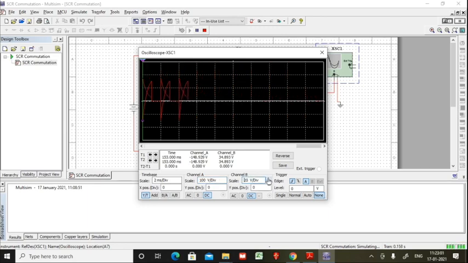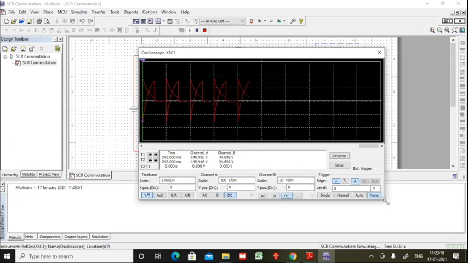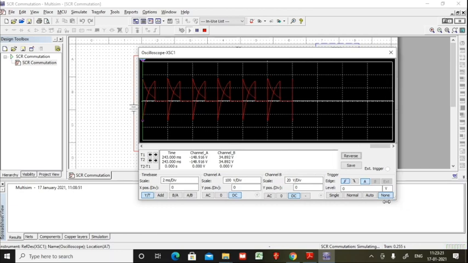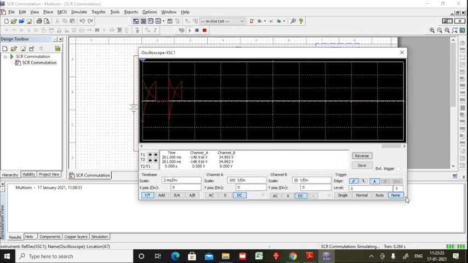So this is the current channel, this is voltage. You can see here 100 volts per division, so it is almost more than 100, and here it is 20 volt per division, so it is almost 20 ampere. Okay, so this is the output we wanted, and we have achieved it.